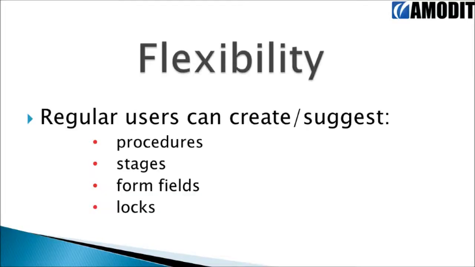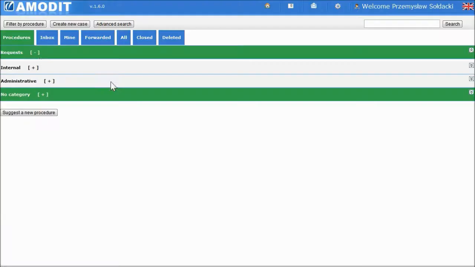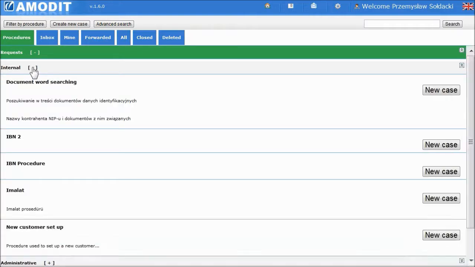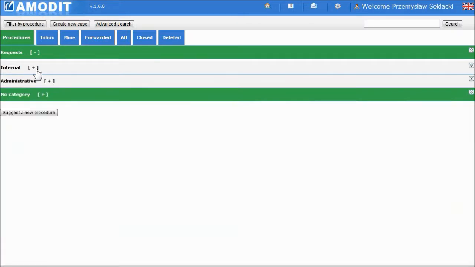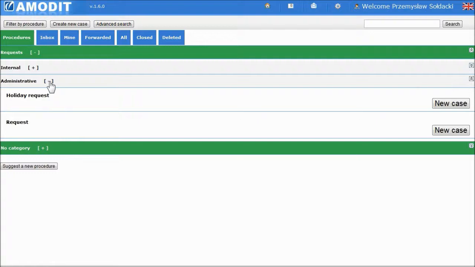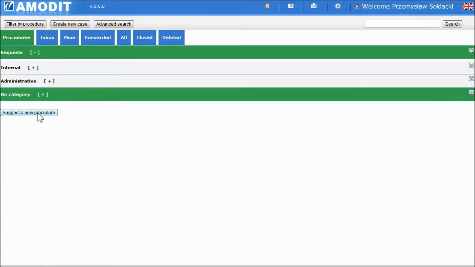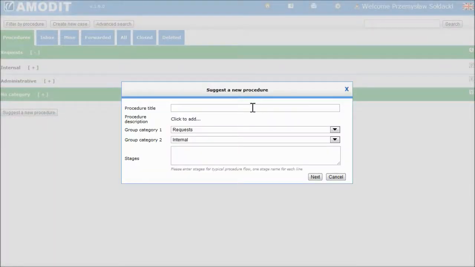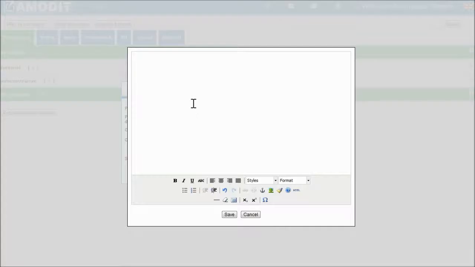AMODIT provides great flexibility. Regular users can create new procedures and extend existing ones. User can browse existing procedures divided into categories. When there is no proper procedure, then a new one can be proposed. You just need to provide a procedure's name, description,